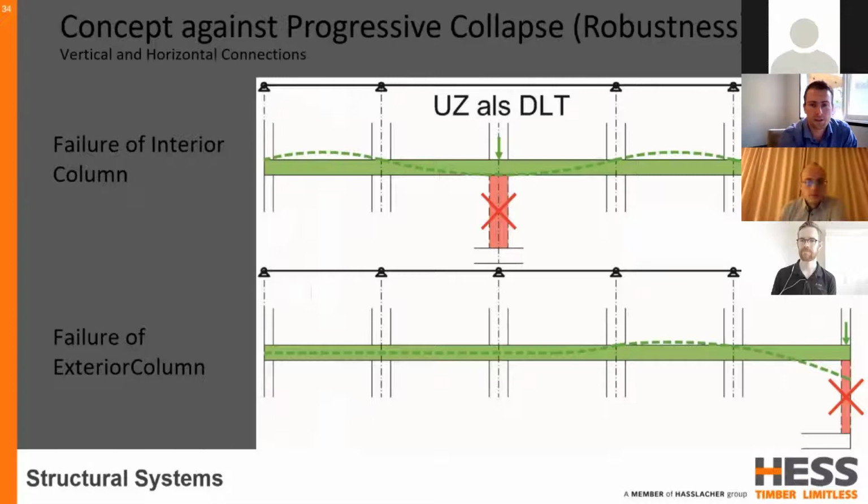Designed for progressive collapse, or what we call robustness, this was another consideration required by the building authorities. So it had to be justified that the system can perform with the omission of a major structural element, a column in this case. And both the failure of an internal and an external column needed to be considered in the design. So a system was devised